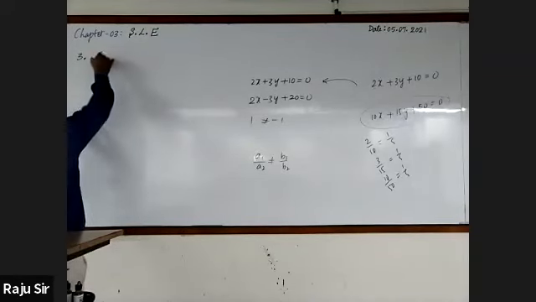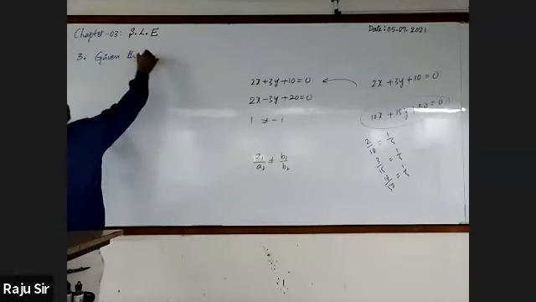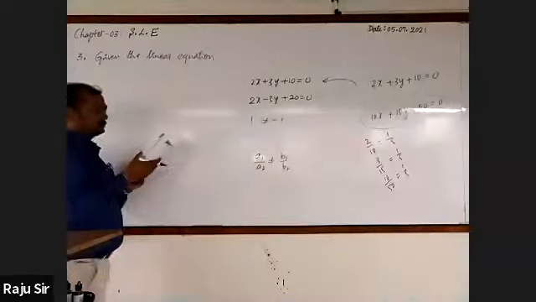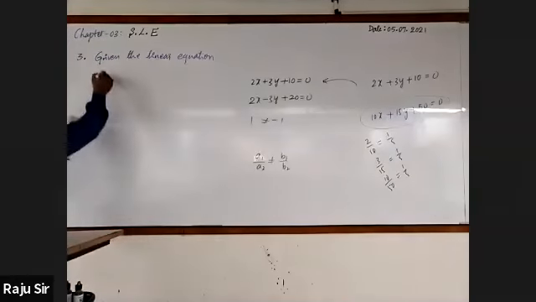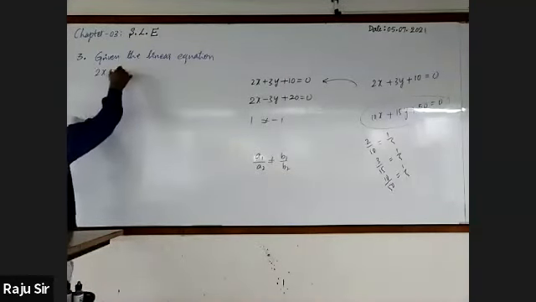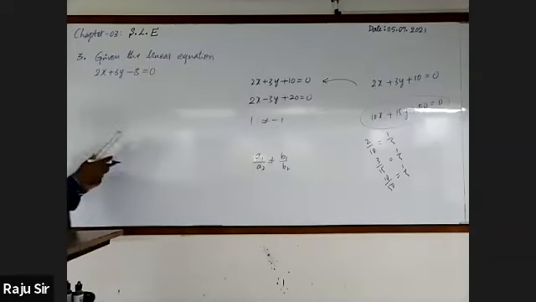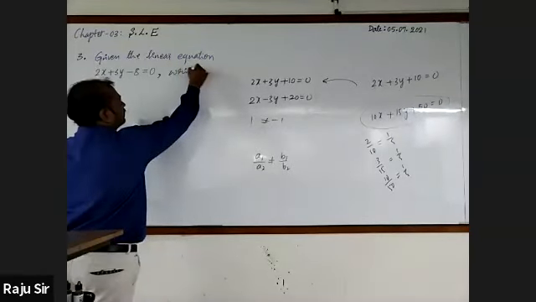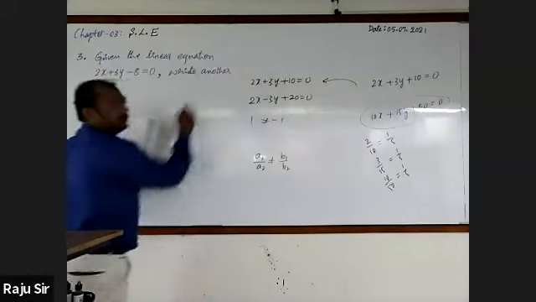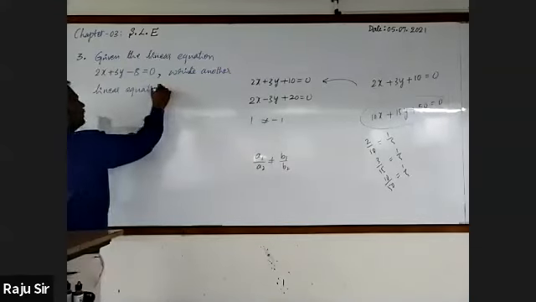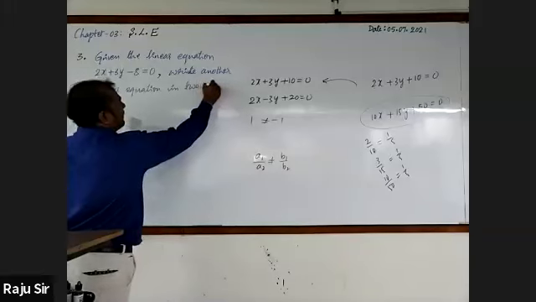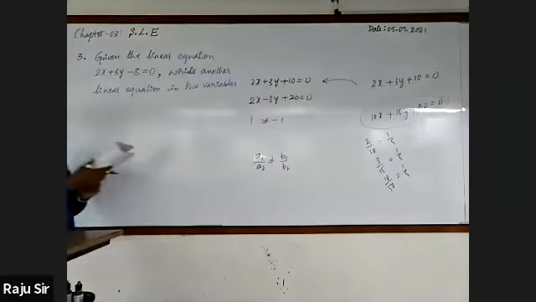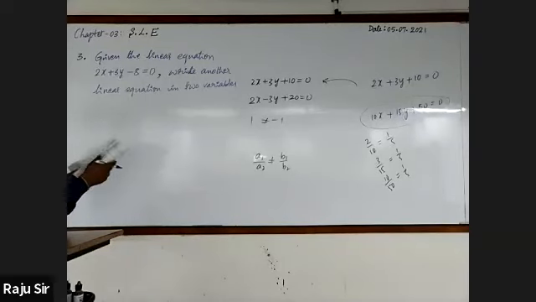Given the linear equation 2x plus 3y minus 8 is equal to 0, write another linear equation in two variables such that